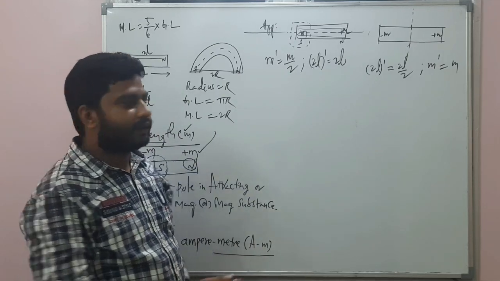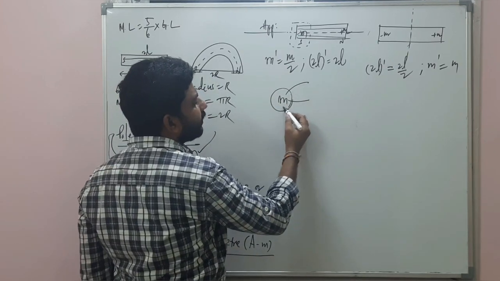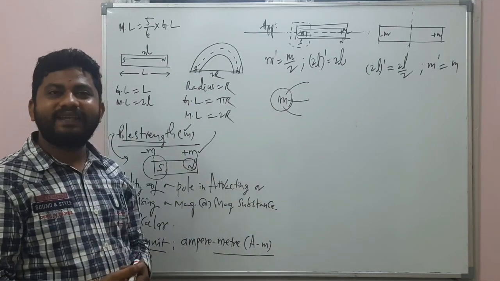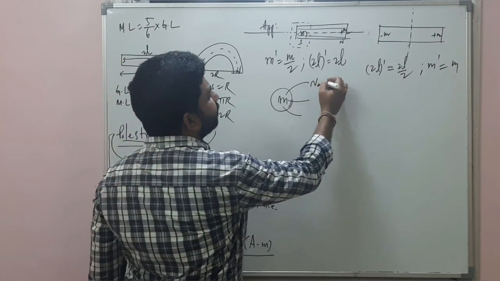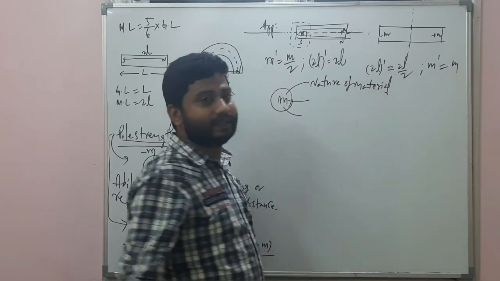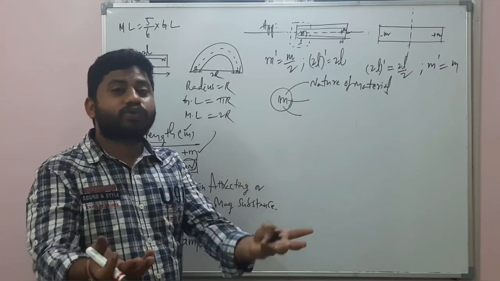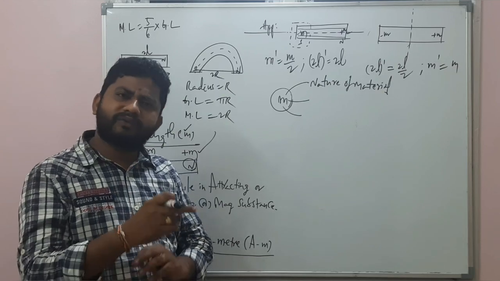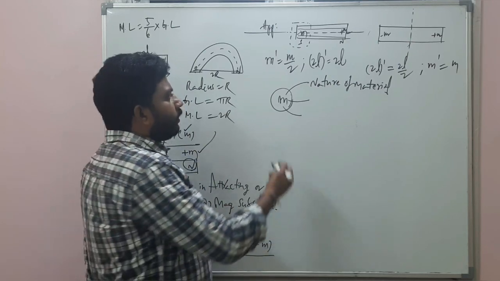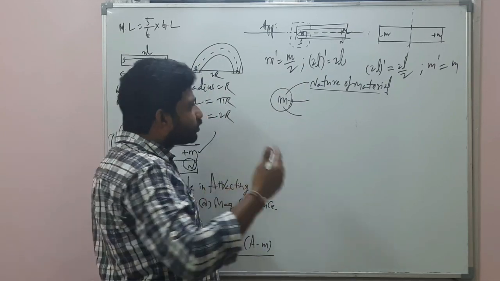Here you should understand the pole strength depends on three important physical quantities, parameters or properties. The pole strength depends on the nature of the material. This is also one of the important questions. See, most of the chapter will be theoretical, be prepared for that. Nowadays, the number of theoretical questions is also increasing in NEET exams. That's the reason we will be focusing on each and every line. Right? Why avoid it? The pole strength depends on the nature of the material, and the pole strength of a magnet also depends on